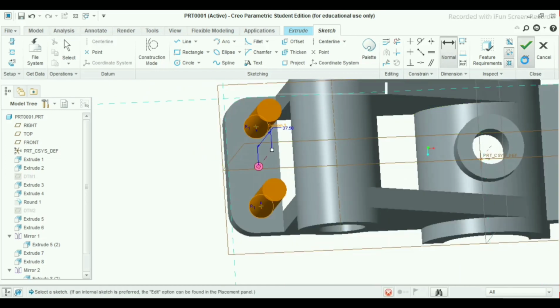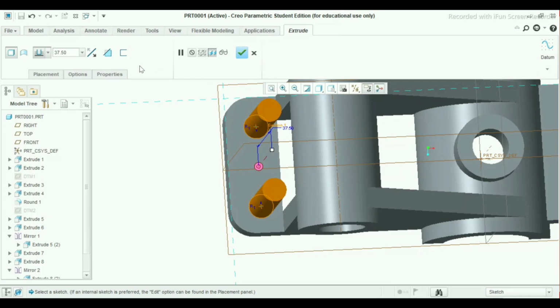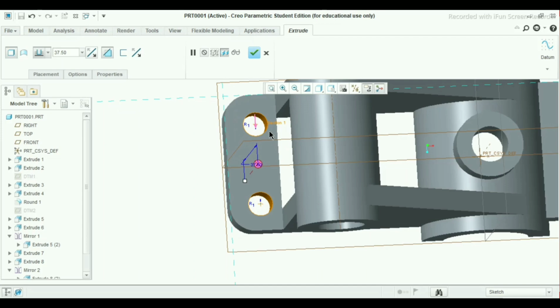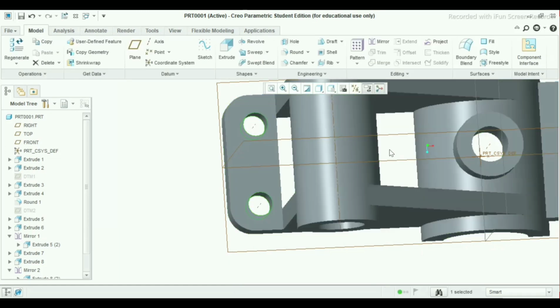So click OK. Change the direction from downwards. See, it automatically removes the material. Selected it. So click OK.